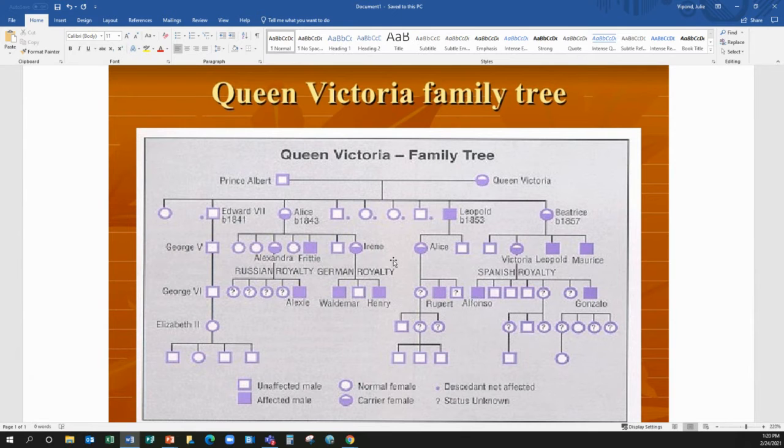Now, hemophilia is a blood disease. In other words, it means that your blood cannot clot. So whenever you cut yourself, you get a nick or whatever, you get a scab, right? And that kind of heals over, and then it goes away. That scab is clotted blood, and when your blood cannot clot, you can bleed to death with a simple cut.